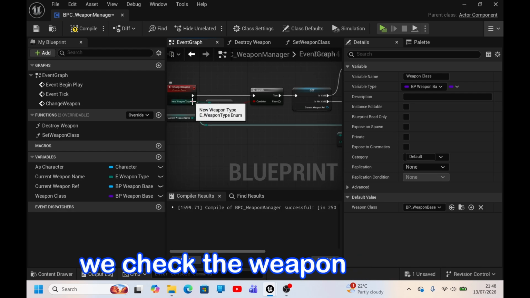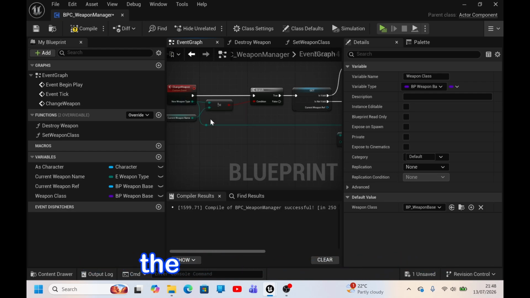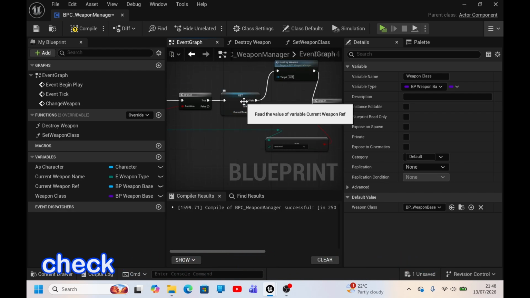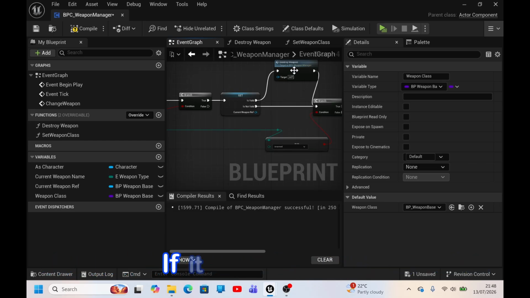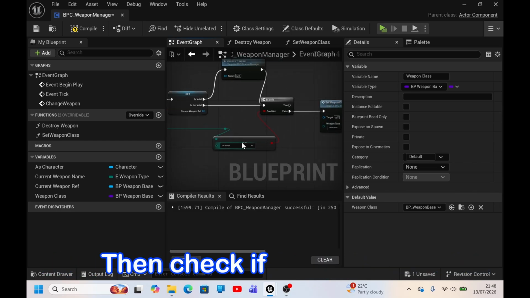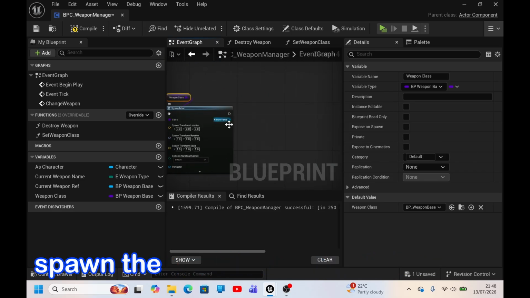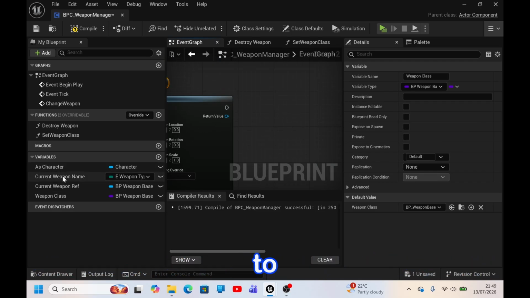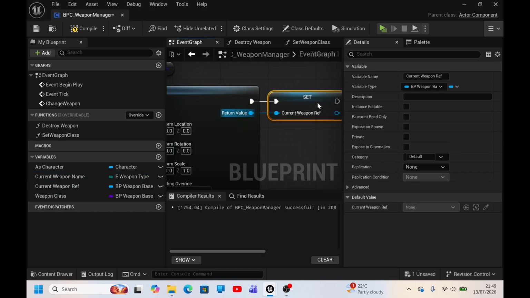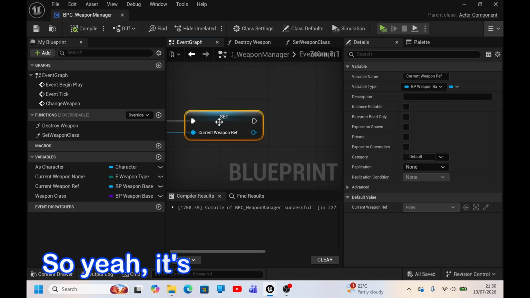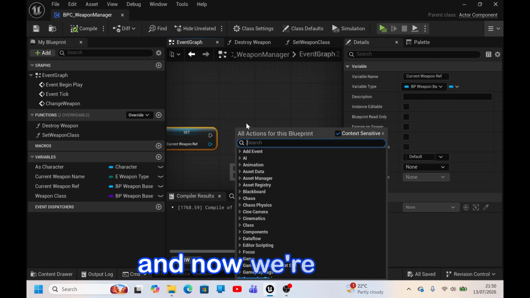We check the weapon and see if it's the same as the current weapon. If it's not, check if the current weapon is valid. If it is, destroy it. Then check if it's unarmed or not. If it's not unarmed, then we set the weapon class, spawn the actor, and now the current weapon is set, and now we're going to